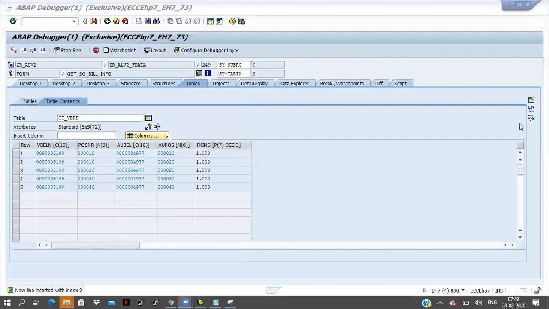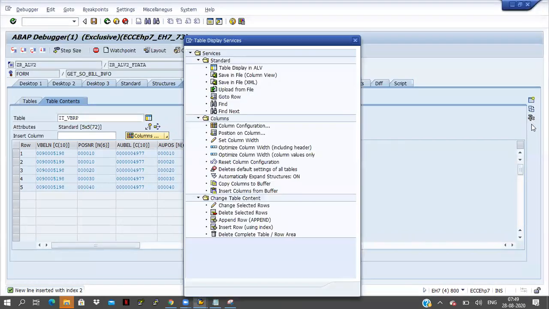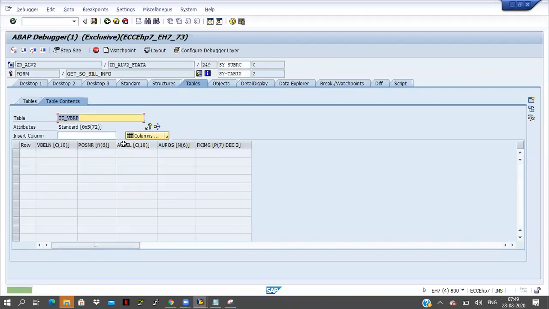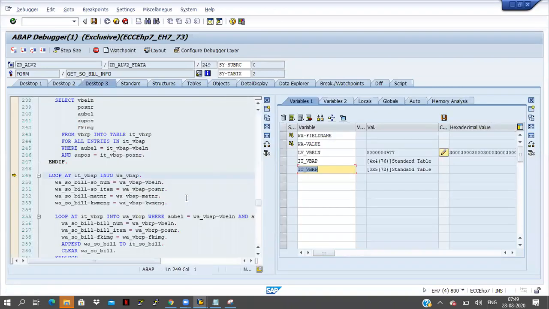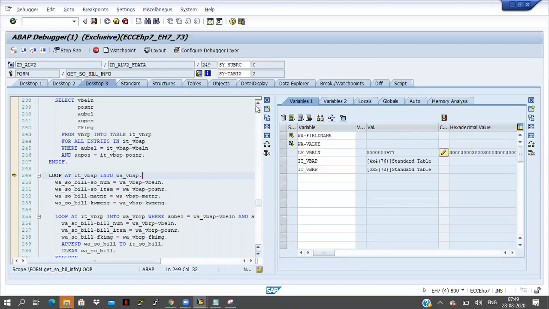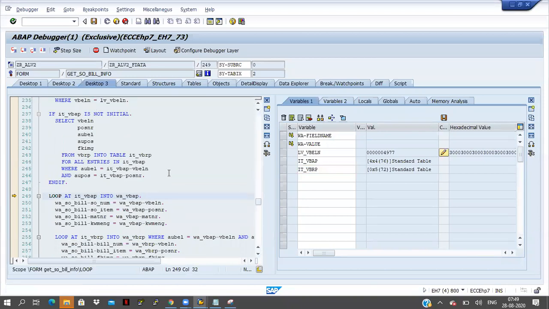Okay. So first of all, I will delete the data from the IT VBRP. See, the class will disconnect in 3 minutes, but the class will extend up to 10 more minutes, 10 to 15 minutes. I will extend the class today because this loop statement is coming here, right? So this loop statement, I have to change the code once again here. There is one technique, the parallel cursor technique. I have to use that one. So the class will extend for 10 to 15 minutes like that.